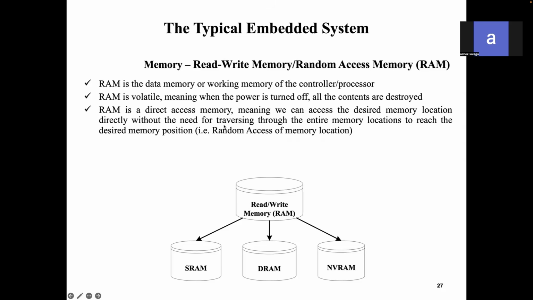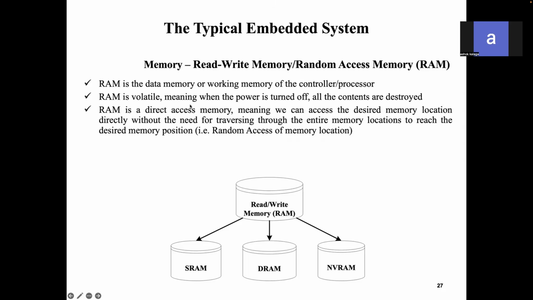In this video, we are going to discuss the RAM working memory. We call it random access memory or read-write memory. In the previous video, we discussed the program memory and the different types of program memories. Now, RAM stands for random access memory, and it is the data memory or working memory of the controller